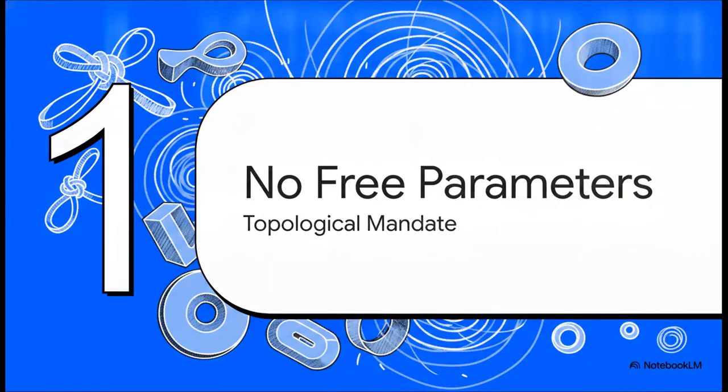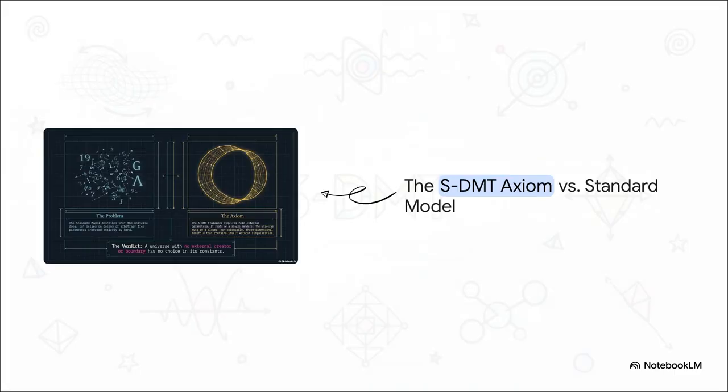Okay, starting off with Section 1, the end of free parameters and the topological mandate. We have to begin with the singular axiom from which literally everything else is strictly derived. The universe must be a closed, non-orientable, three-dimensional manifold containing itself without singularities. If we want to avoid relying on some impossible, magical external embedding space, it logically follows that this specific geometry forces the physical substrate to be a self-contained, curved fluid acting as its own container. It essentially behaves as a Klein bottle topology. Because it folds back upon itself perfectly, it completely eliminates the need for arbitrary boundaries. Every interaction, every force, and every particle is strictly governed by the shape of the manifold itself. There is just absolutely no room for free parameters here.